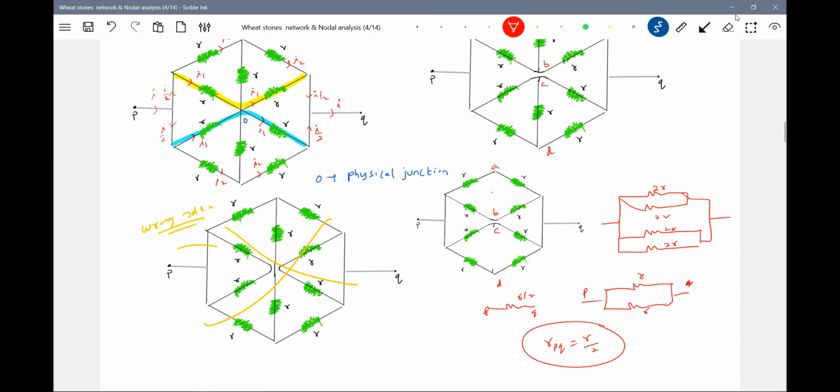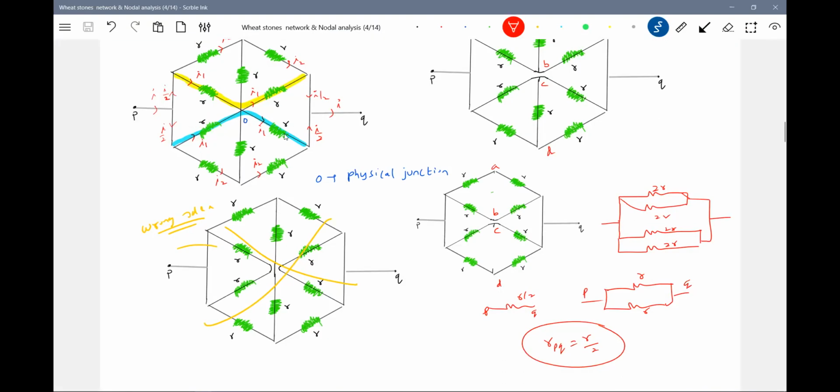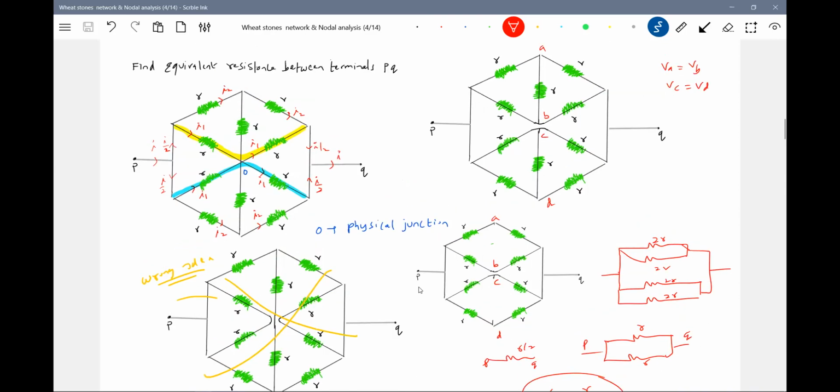Like this, taking help of Wheatstone networks, we can simplify it, and in very little time we can get the effective resistance. If you don't use the Wheatstone network, you have to use very lengthy methods, like branch current, loop method, or nodal analysis. So whenever there are more than 5 resistors in a network, always think once about the Wheatstone network conditions. That will help us solve the problem in a very easy way.